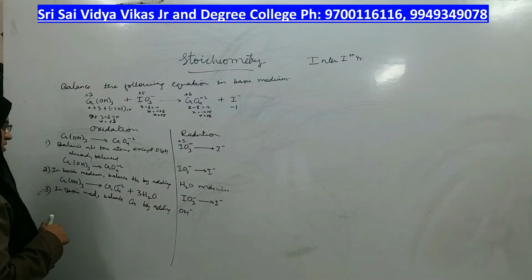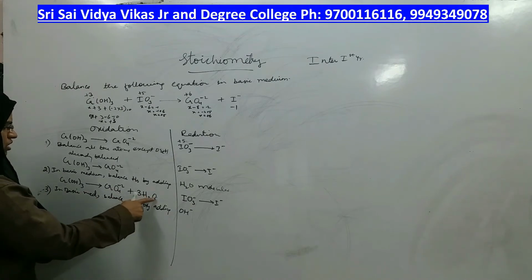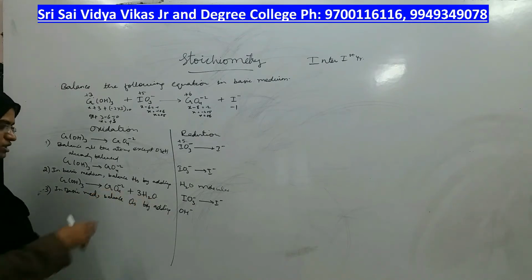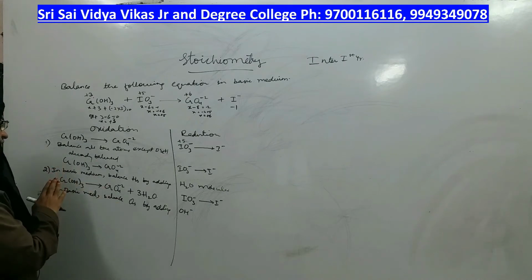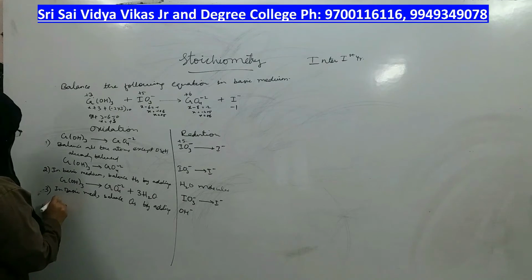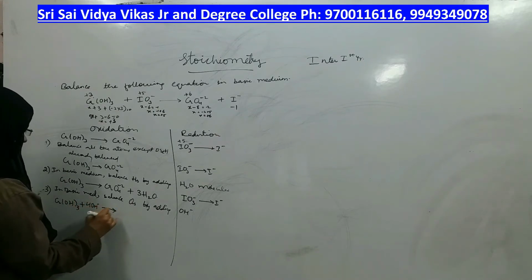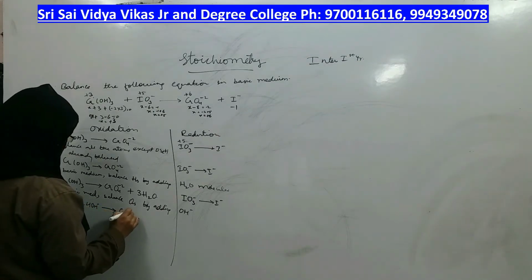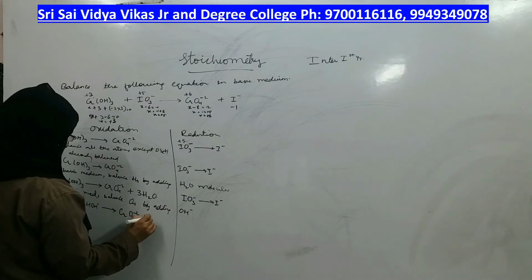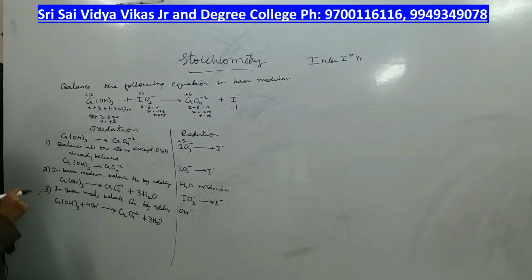So what you have to do? Where is the shortage? There is a shortage on this side. So how many shortage molecules? 3 oxygens plus 4 oxygens, total 7 oxygens are present on the right side, but the left side has only 3. So you have to add 4 molecules of OH minus ions on the left side. Four OH minus ions are added on the left side to make the oxygens the same.